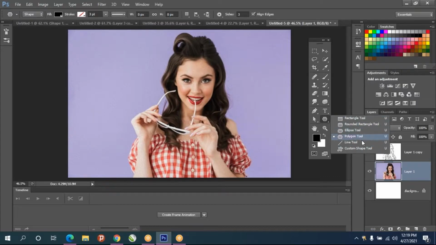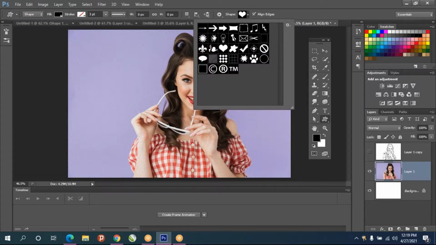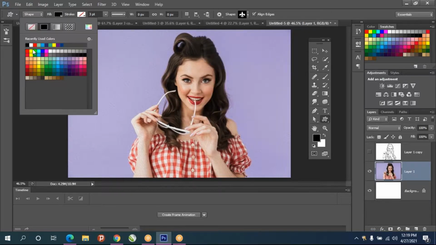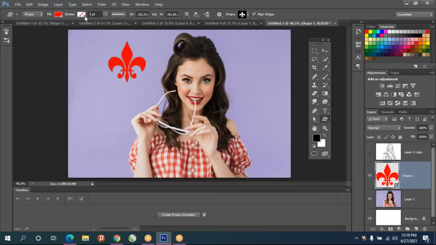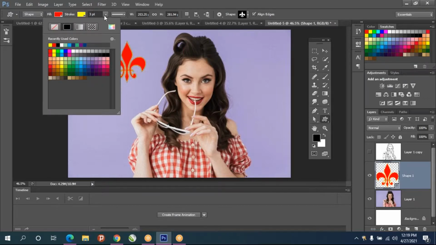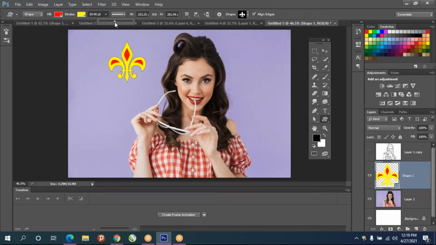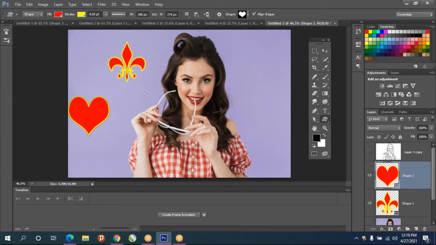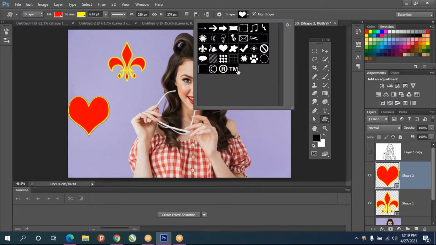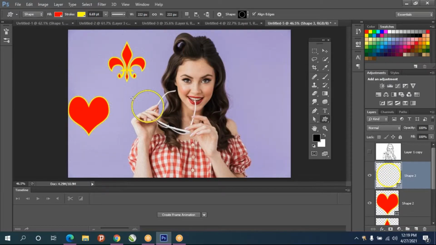Basic shapes. And if you go to custom shape, in the property bar you will see some other custom shapes like this, and you can always change the color, whichever color you want, and make the shape. And you can give stroke also for this kind of shapes, and increase the stroke size. So we have lots of inbuilt shapes. We can use anything in this, like a ring.